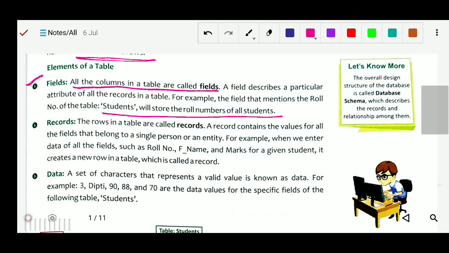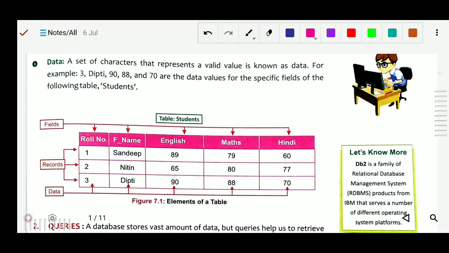You can see here, this is the roll number. Here we will store only the roll number. This column will be for the roll number, and here you will get the roll numbers of the students. Here is the father name, so in that column you will get only the father's names. That particular column is for the father name.